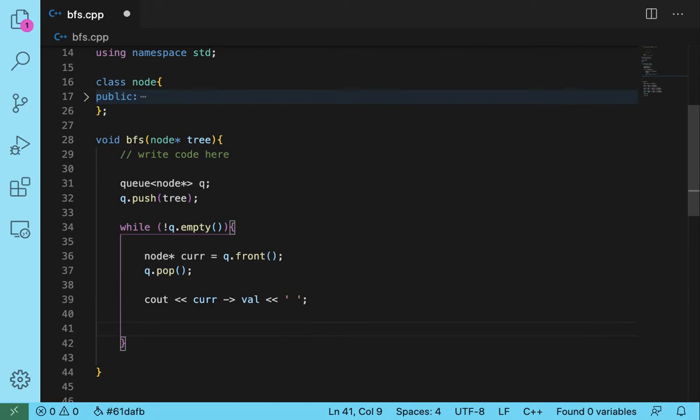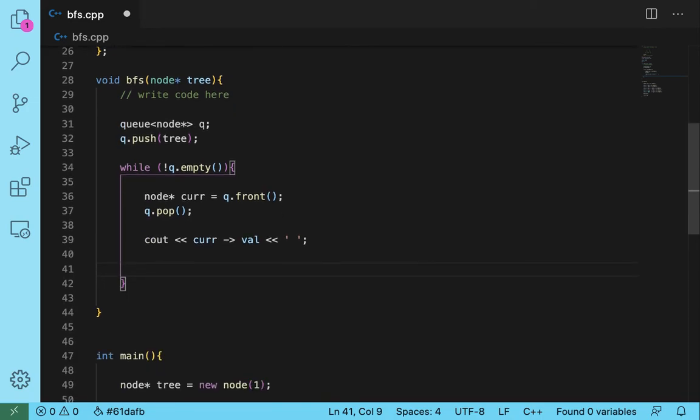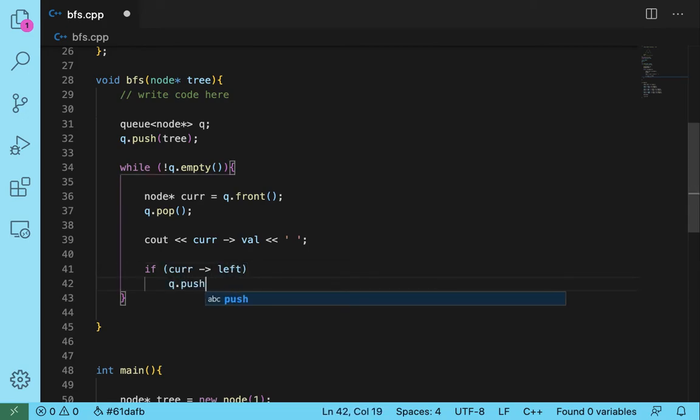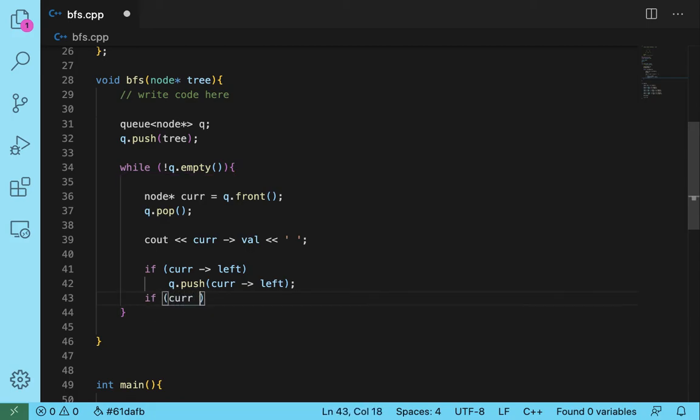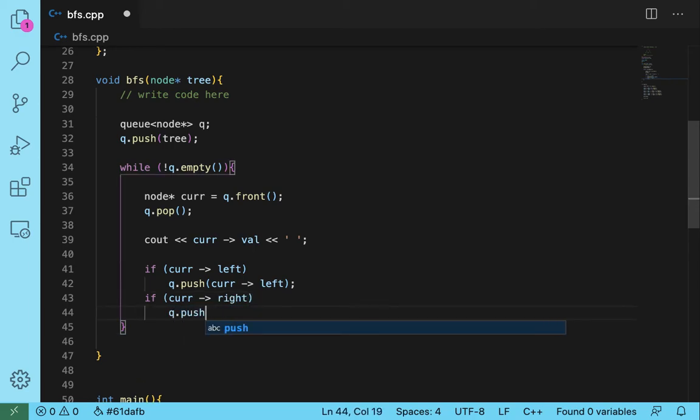Now what we have to do is push the children of the current node. So if current's left exists, we push it on the queue, and again if the right child of current exists, we push it in the queue.